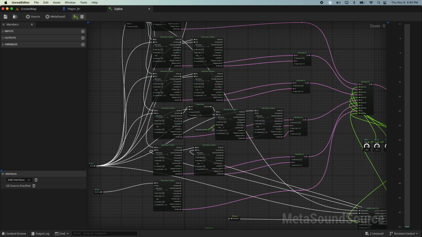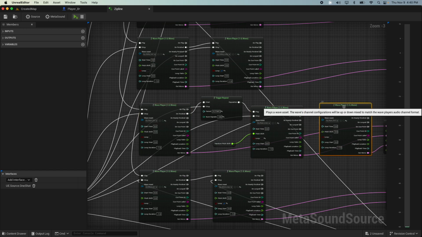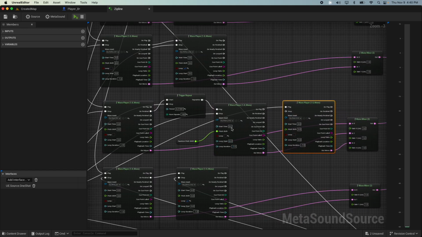So these all go to different wave players, and some of these are the initial sound with a loop on it, and this one right here for kind of the rope noise is an initial sound, a loop sound, and then it has an ending sound as well. And then on the loop section of this rope,